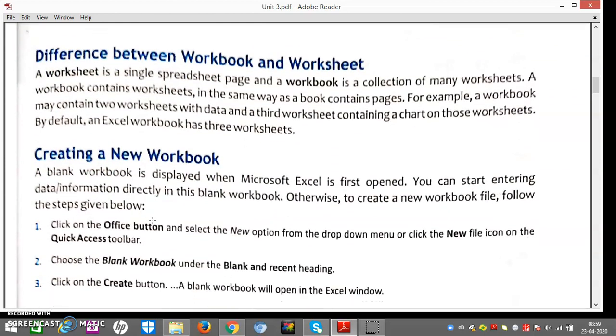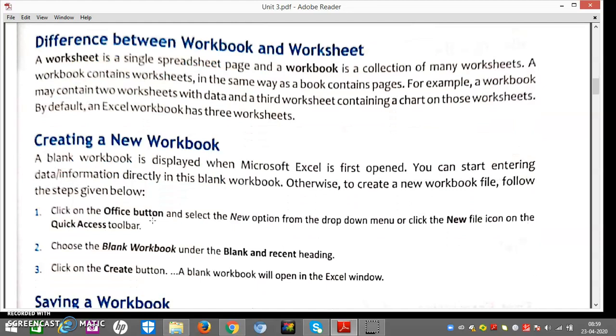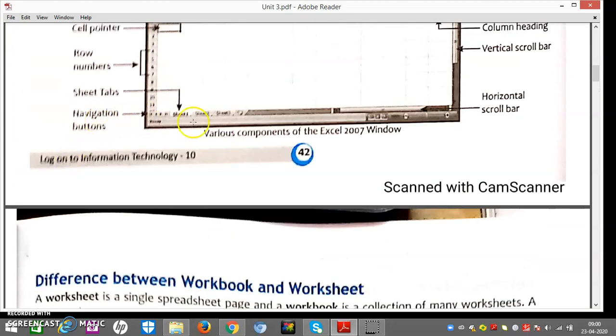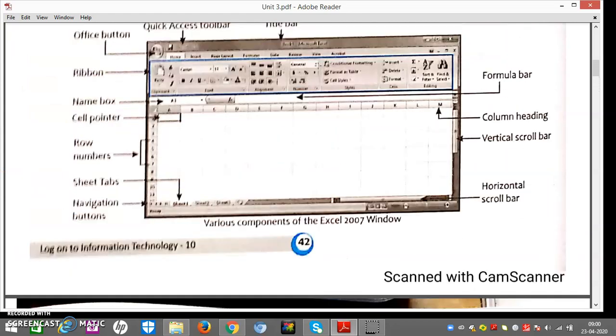Now the difference between a workbook and a worksheet. Friends, this is just like the difference between a container and a single item. A worksheet is a single spreadsheet or a page, and a workbook can be considered a collection of many worksheets. For example, Sheet 1 is a worksheet and this Book 1 is a workbook.